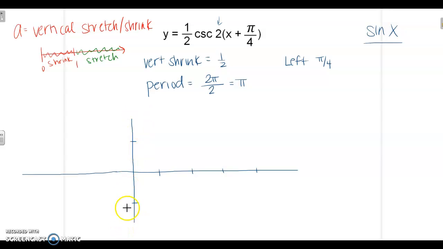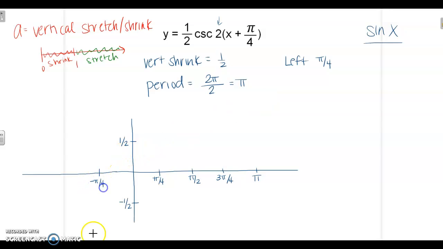Okay, so there was no vertical shift, so it doesn't shift anything up or down, so this is like 0. But our vertical shrink by a factor of 1/2 means I'm going to label this 1/2 and this negative 1/2, just like I would for an amplitude of 1/2. The period is pi, so I'm going to label this one pi. So half of that, here's pi over 2. Half of that, this one's pi over 4. So every tick mark is pi over 4. So 1 pi over 4, 2 pi over 4, 3 pi over 4 and 4 pi over 4. Since I'm going left pi over 4, I am going to add a tick mark over here and label that